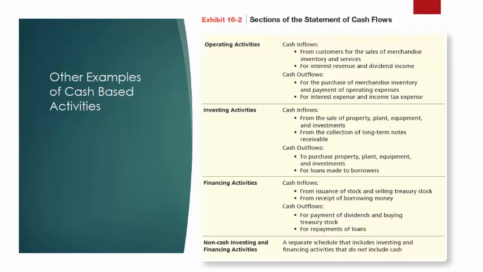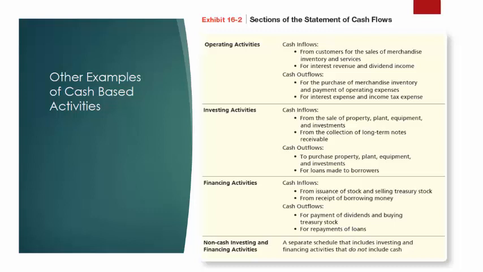And also financing things like paying the interest expense on loans, or unfortunately for all of us, having to pay Uncle Sam his share of your profitability in the form of income taxes. For investing activities, this section only deals with long-term assets, so the sale of property, plant, equipment, or investments would increase your cash flows in your investing section, because you are the one selling it, therefore you are the one